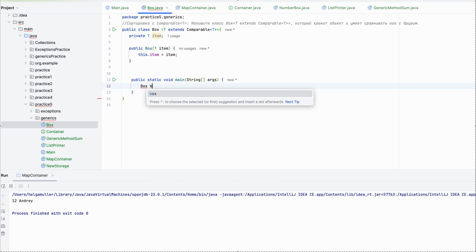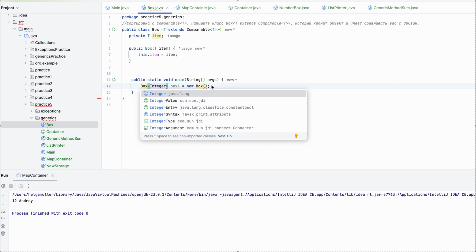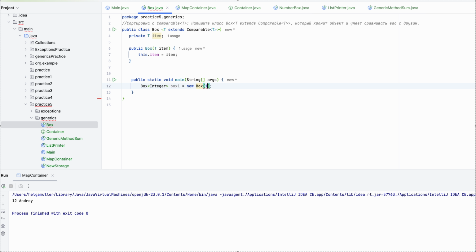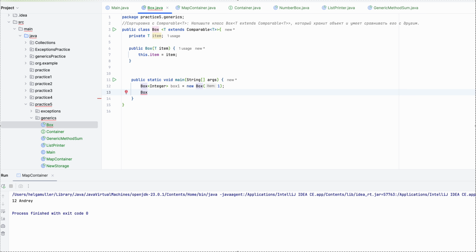Box 1 as a new Box of, let's say, Integer as a new Box 1, and let's create another Box Integer as Box 2, new Box 3,